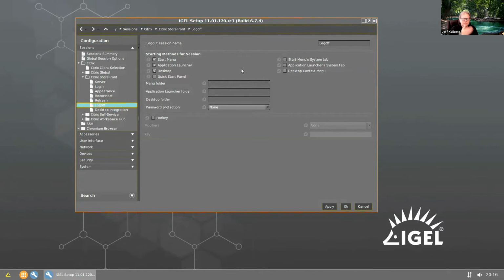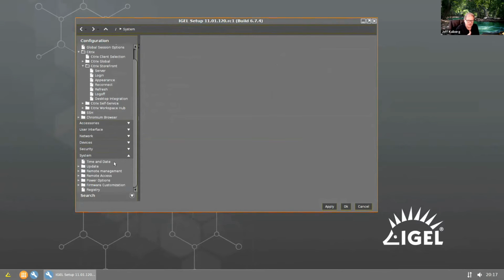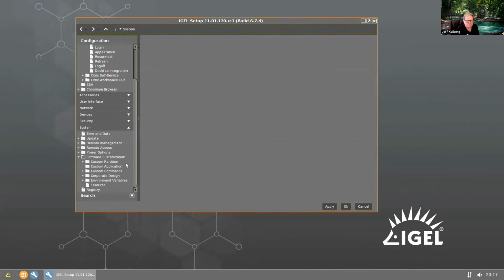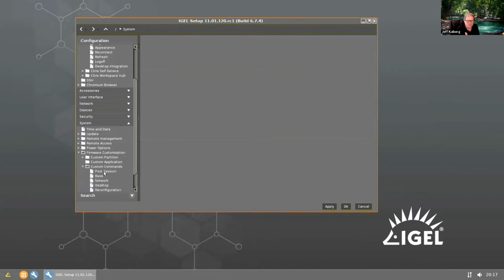Speaking of logging off, and just a quick aside here, one of the questions is, of course, if I walk away and I forget to log off, is there a way to automate this process? Okay, and in fact, down in our system section on the left-hand side, and we'll do this for the video, we can go down to firmware customization. Underneath here, we have custom commands, and then we have this thing called post session. If we go in here and we say, hey,